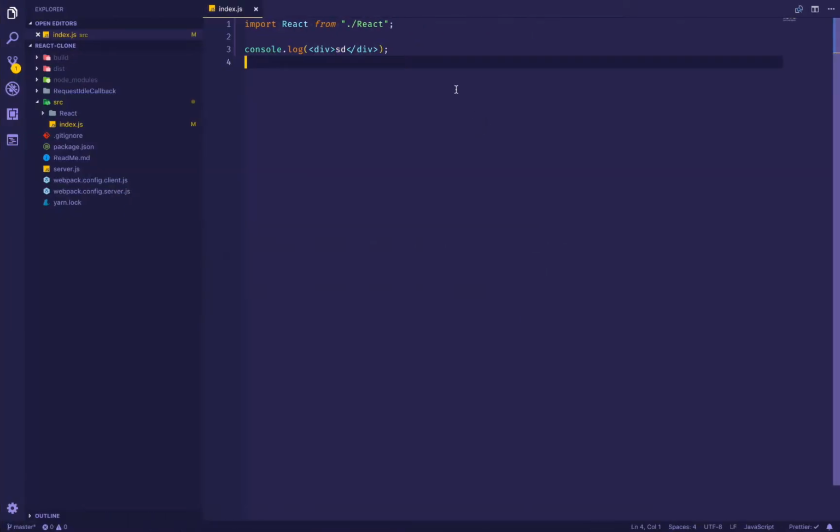So that's all good. But how can we proceed from here? The thing is that it's quite complicated. I have no idea what would be the best approach, because there are so many pieces missing to get a working fiber algorithm in place. So I was thinking about first getting into just creating some DOM elements, although it might not be the appropriate way from a logical point of view,